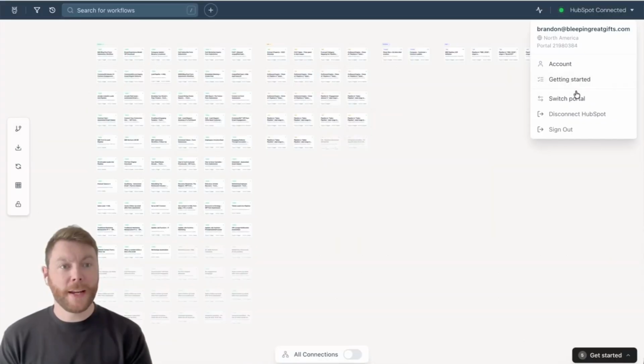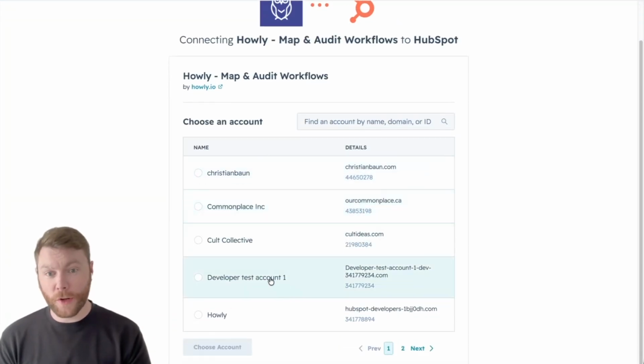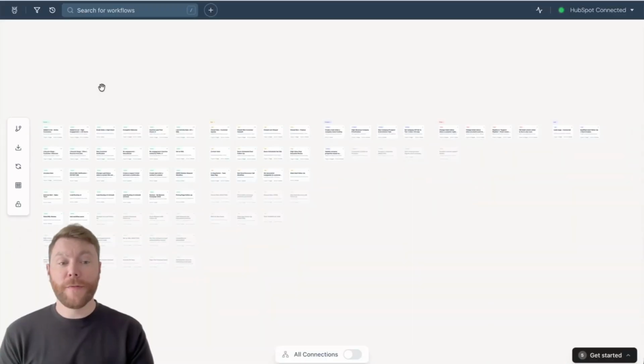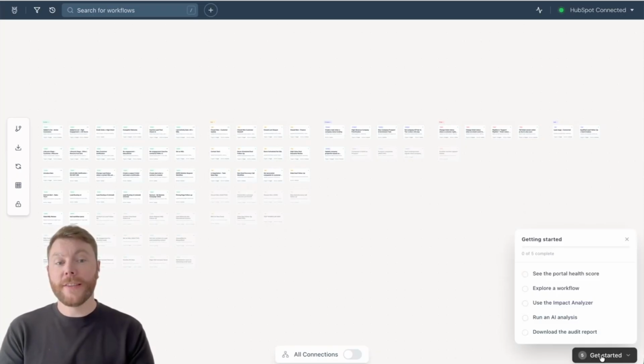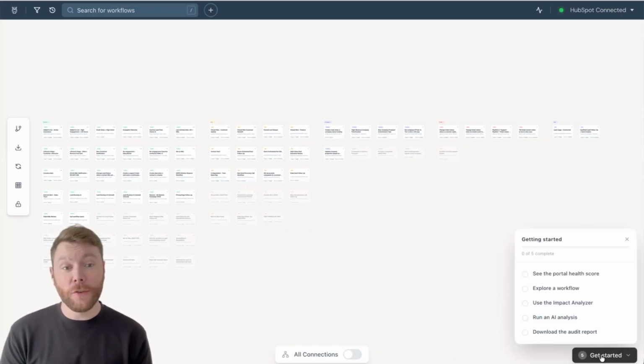But if we switch back to our developer test portal for now, the last thing I want to reference here is our Getting Started module down here, where you can see everything that Howly can do. So seeing your portal health score, we are going to explore a workflow. We're going to be using the impact analyzer, running an analysis of our portal,